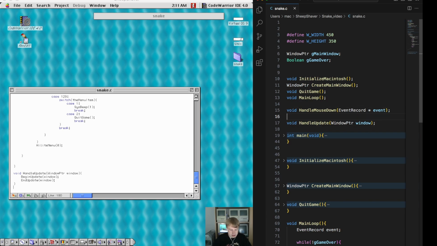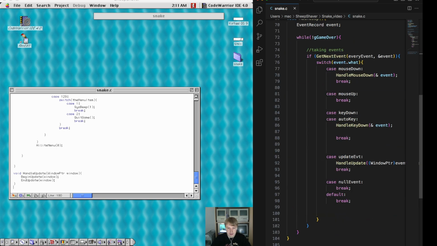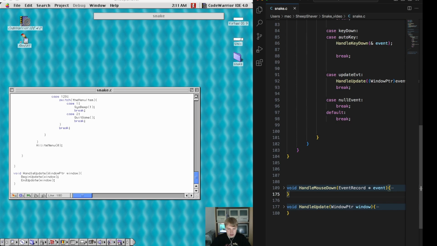Similar to here, void handle key down and pointer to the event. Mouse down, update. So let's put the key down here,